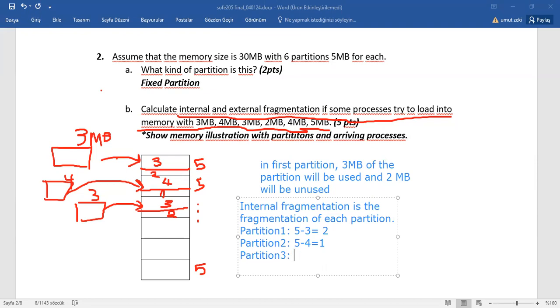Partition 3 will be again 2. Partition 4 is 5 minus 2. It will be 3. Partition 5